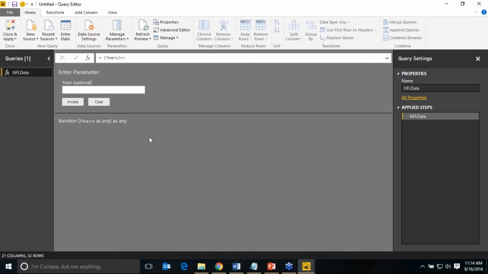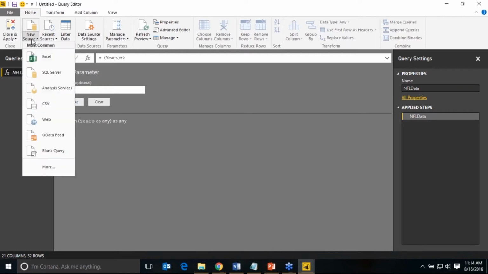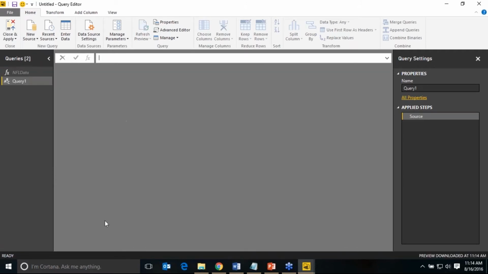So if I wanted to do that, I would create another new query. So I would come up to the top here and select new query or new source, and I would select a blank query, because what we're going to do is we're going to generate a list of years, and then I'm going to pass all of those years into the parameter that we've created just a moment ago. All right, so I'll create a blank query, and then I'm going to come up to the top formula bar,